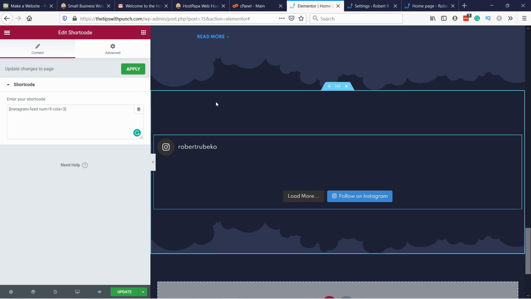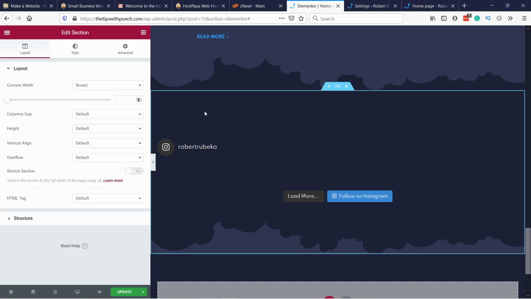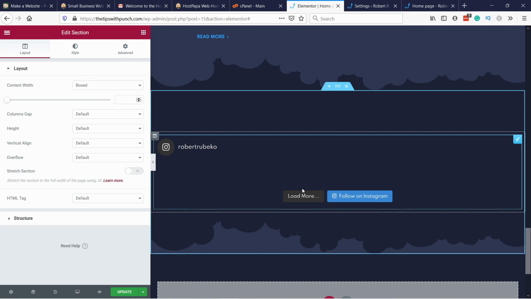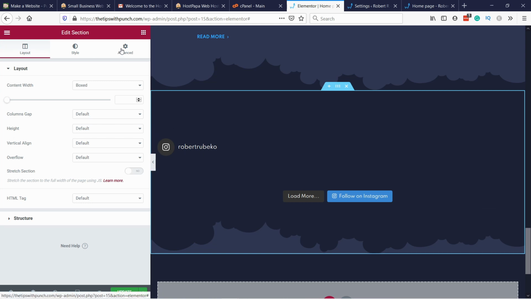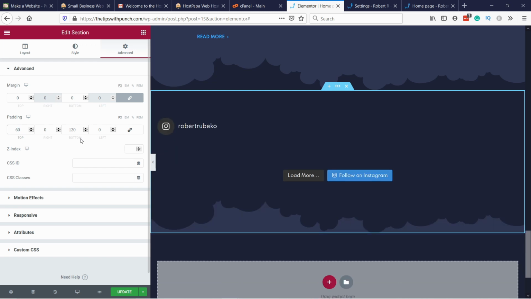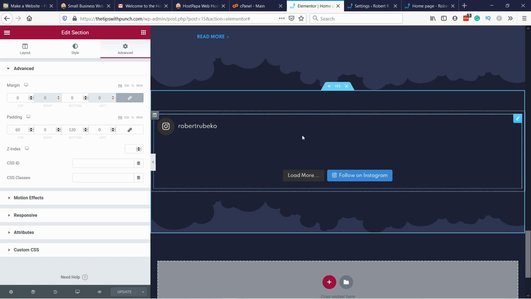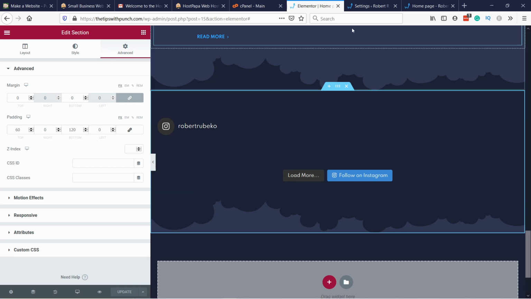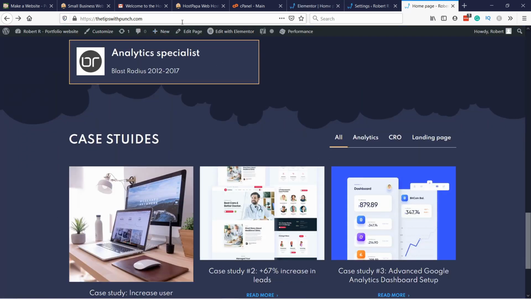So I can see that there's a big gap here, so I'm gonna reduce it. So there's a quite large gap. So I'm gonna go to advanced. I'm gonna change this to 60, like this. Yeah, nice. Update. Now nothing shows up here, and that's fine. It might take a bit of time to show up. If you go to home page and refresh the page,